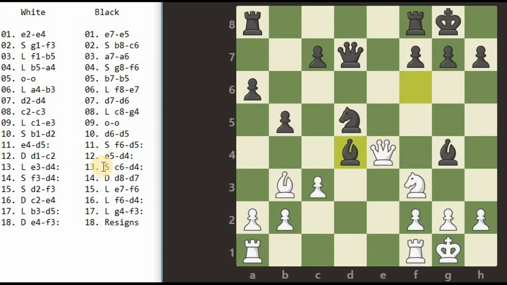Bishop takes the knight on d4. So it becomes L, f6, d4, colon. The bishop takes knight on d5. So the move becomes L, b3, d5, colon.